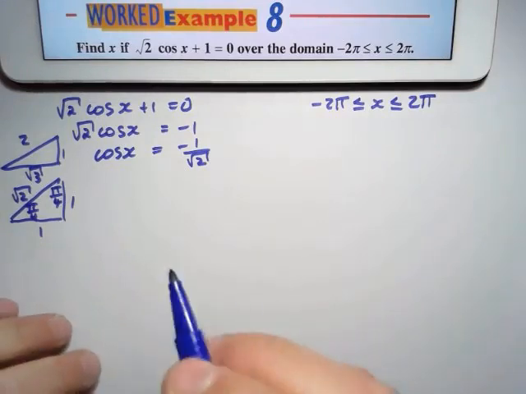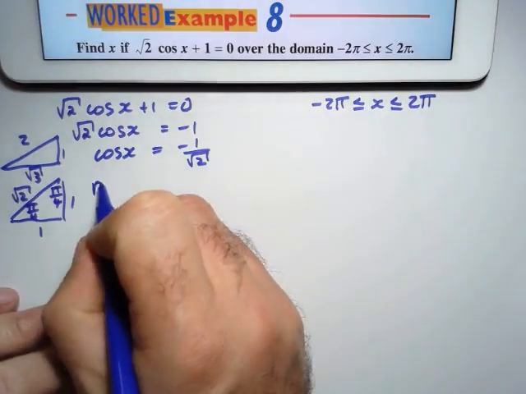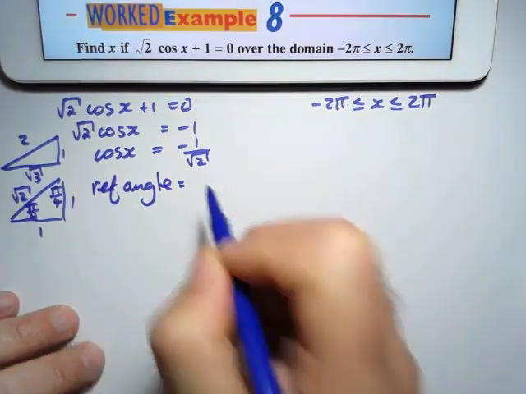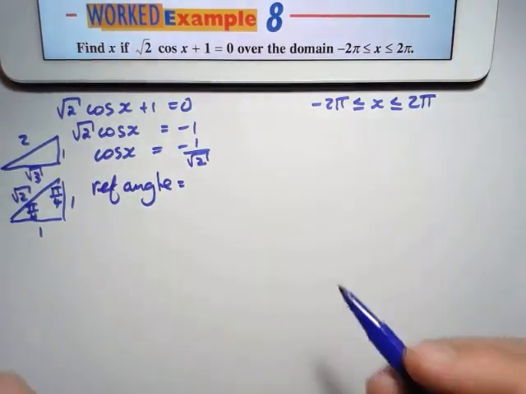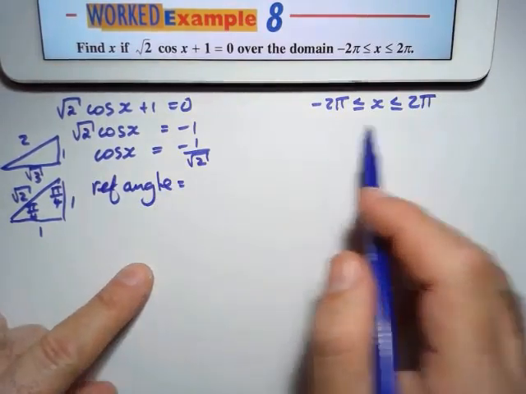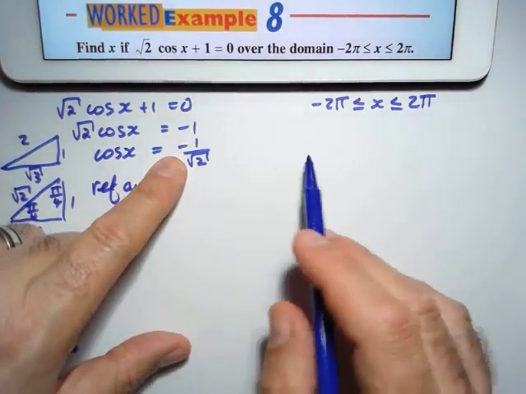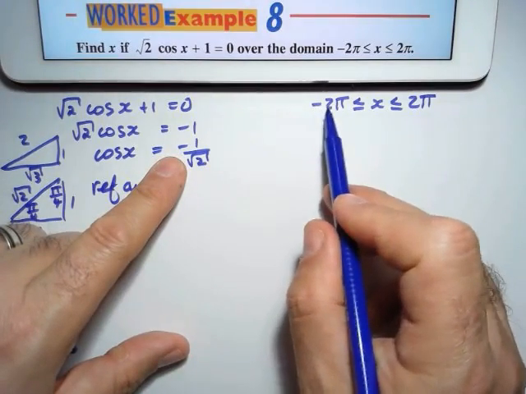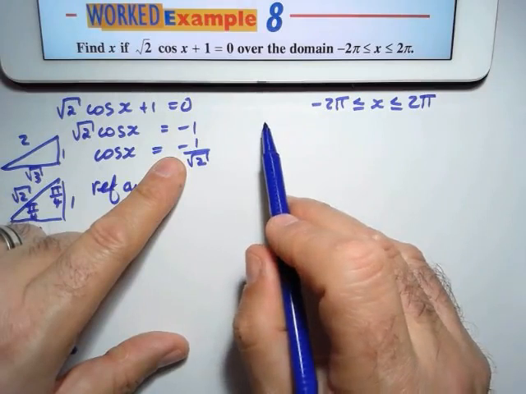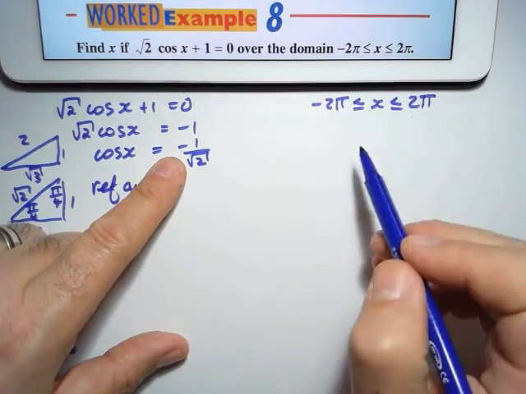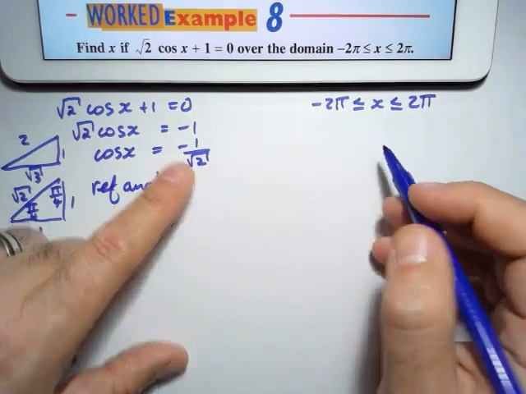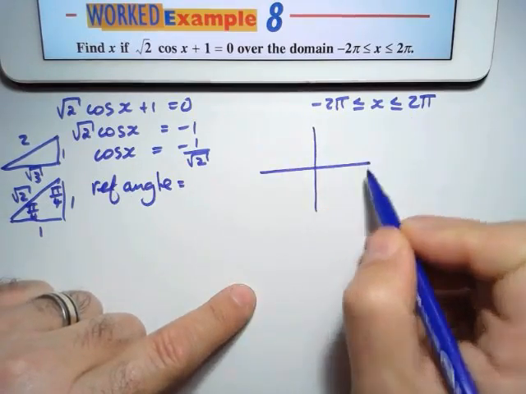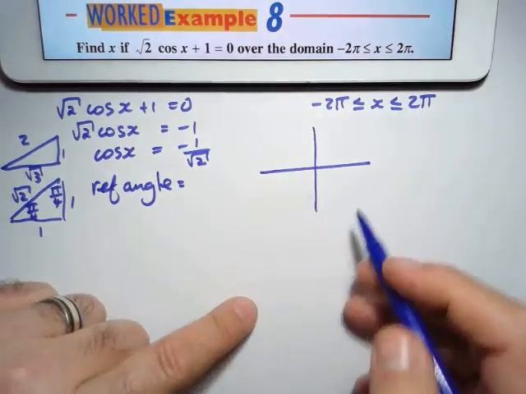Okay, so what I'm going to do is first find my reference angle. Actually, I am not. It's not going to be a big deal. What I'm going to do is first use the negative sign to see where it is. Now, there's a bit of a thing happening here. I've got from negative 2 pi to positive 2 pi, which means that is actually 2 revolutions. So I'm going to have 2 graphs. I'm going to have 2 cast diagrams. Cast,